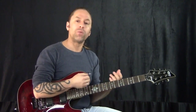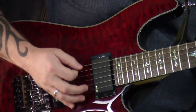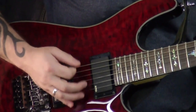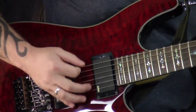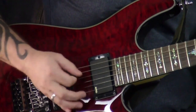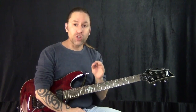And then another thing we're going to talk about with this down picking is a technique called accenting, where we're going to take that same idea, instead of having everything be exactly the same, okay, we're hitting some of the beats differently to get a different kind of sound. And we're even going to learn how to take the palm muting off to be able to start building different kinds of rhythms and things like that. We're going to be able to do all of those things with just down picking,